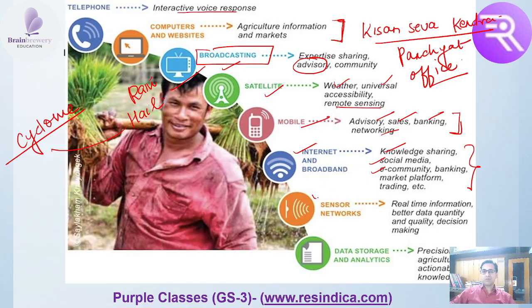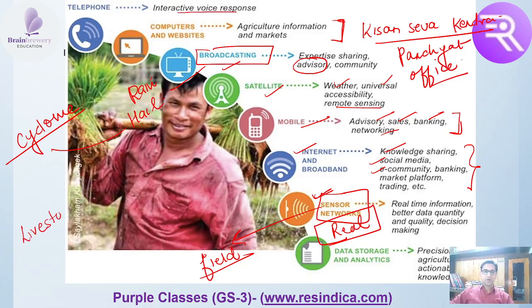Then sensor networks. These are networks which are put on the fields, and they will provide you with real time data and real time information. If you put sensors on your livestock, say on your cow, you can know where your cow is, what your cow is doing, and what your cow is eating. You can also monitor the body parameters of the cow. These are all very scientific sensors.